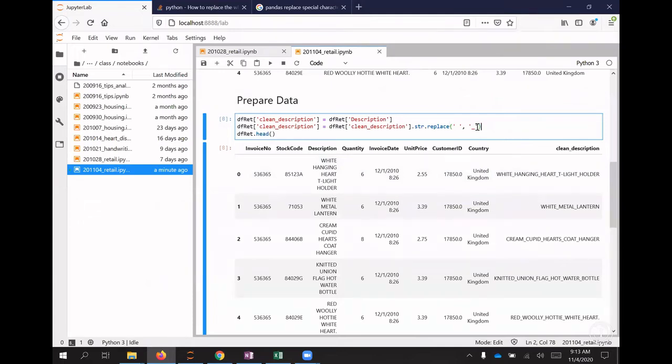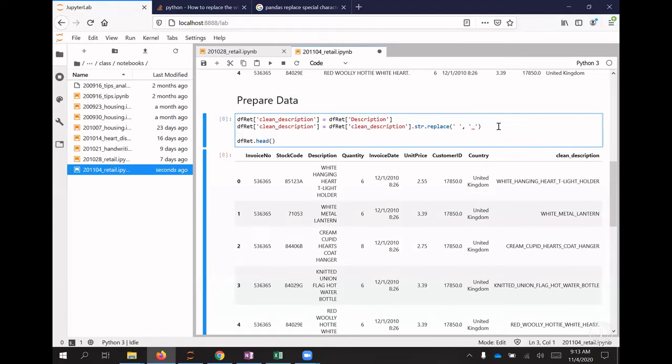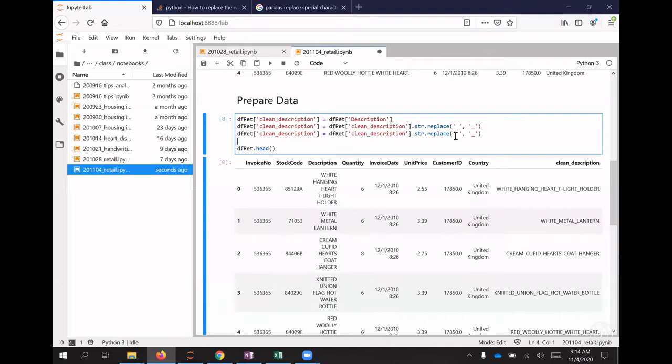And last time, remember, let's apply the same thing. So replace, and in regular expression, whenever you're looking for a non-word character, then you say \W, and